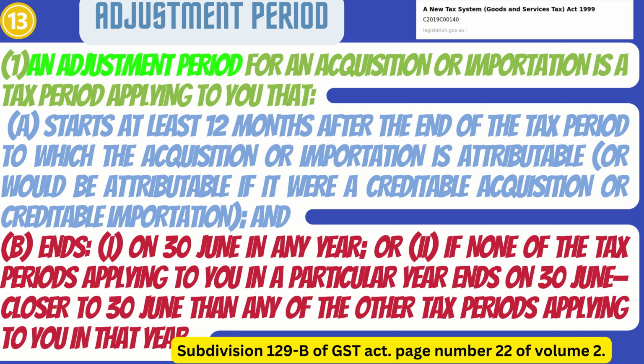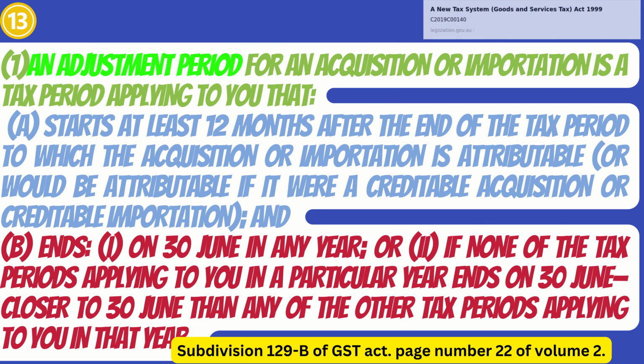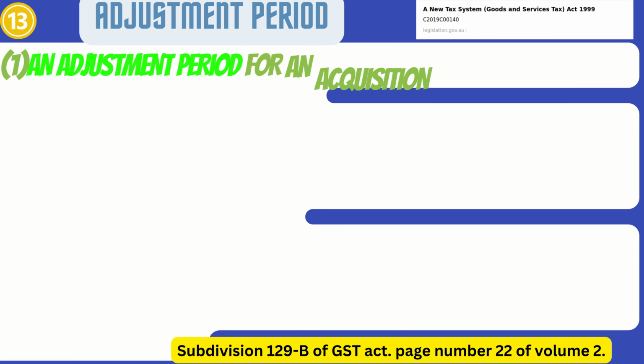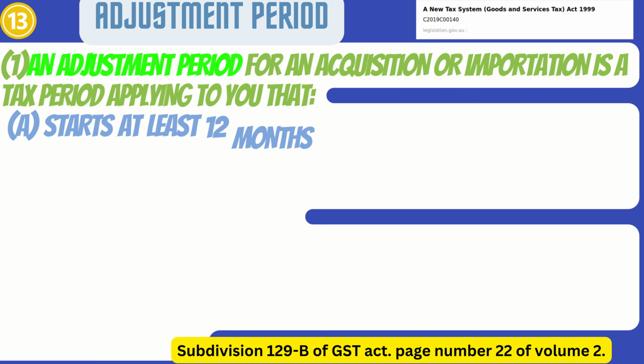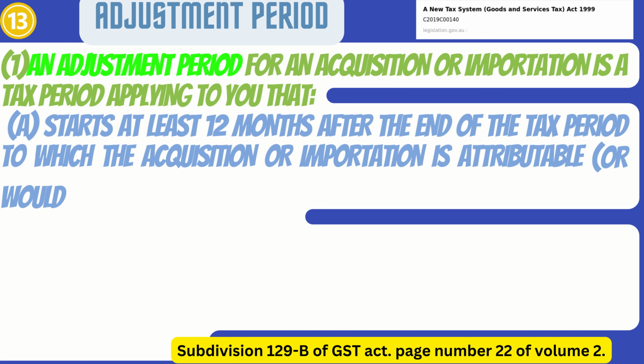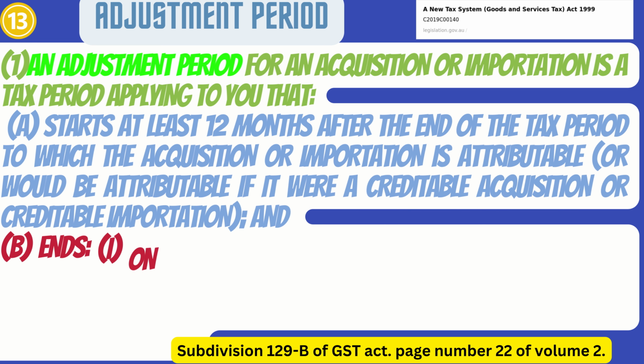Word number 13. Adjustment period. We can find more information on adjustment periods in subdivision 129B of GST ACT. That is page number 22 of volume 2. 1. An adjustment period for an acquisition or importation is a tax period applying to you that A. Starts at least 12 months after the end of the tax period to which the acquisition or importation is attributable, or would be attributable if it were a creditable acquisition or creditable importation, and